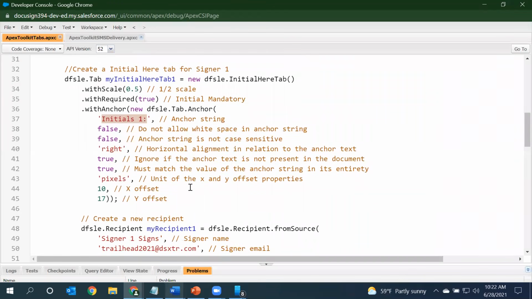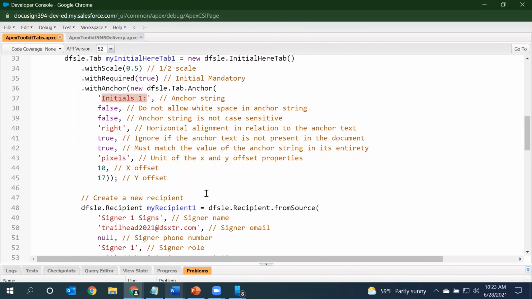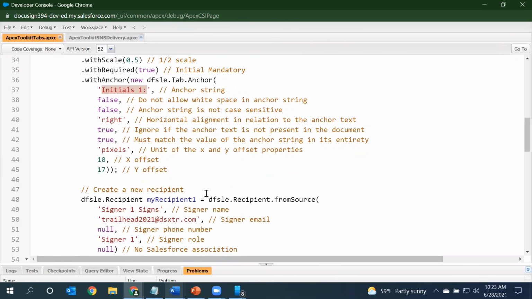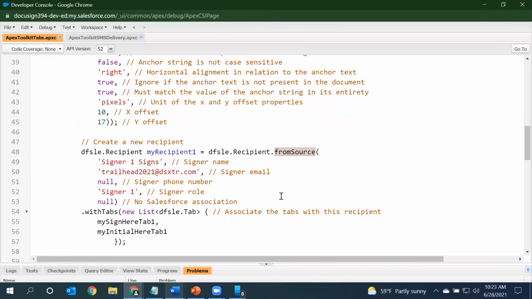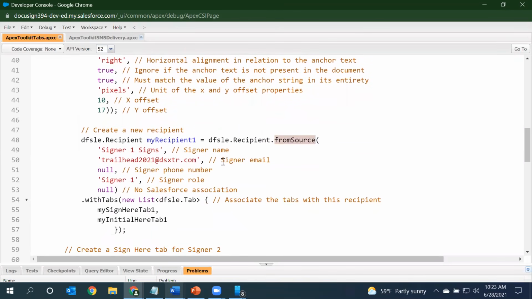So now we have created those two tabs dynamically. The next thing would be to create a signer. In this case, I am adding a recipient using our recipient from source method. For our example, I'm just hard coding the names as well as the email. In the next example, we'll also see how we can dynamically populate these properties by querying contact records from Salesforce.